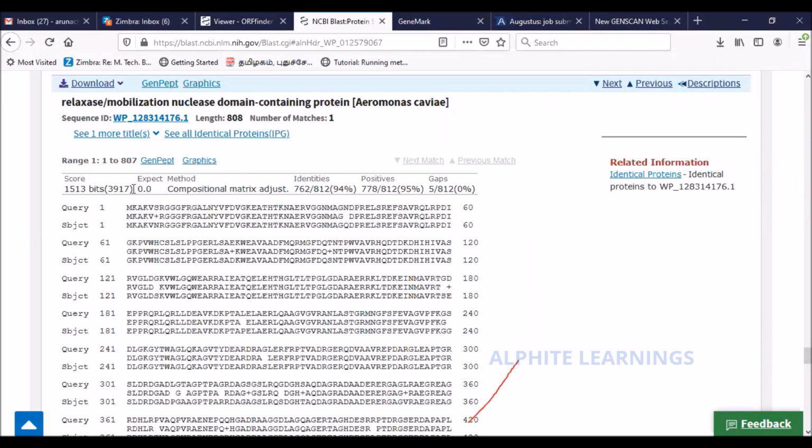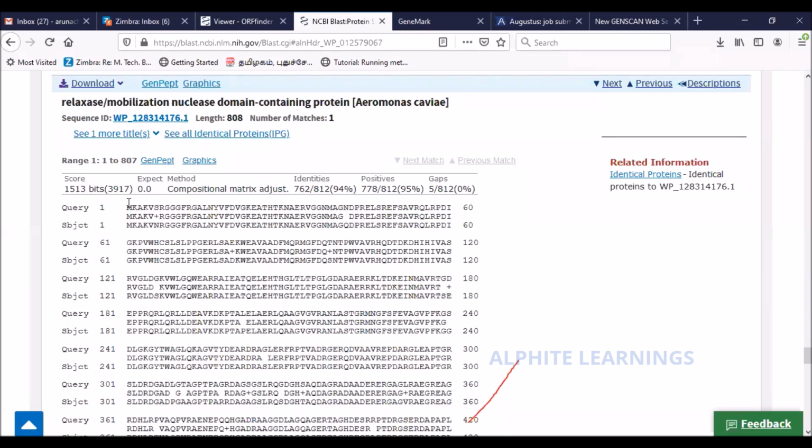Now you see here also the expect value is 0. Very good. But look at this. There are only 94% identities and 778 positives. What we mean by positives here is, you see, the query is the sequence that we gave from our ORF. This is the sequence that is present in the database.